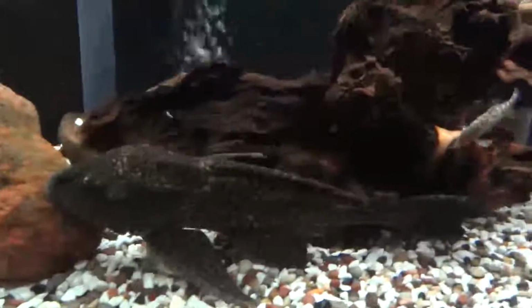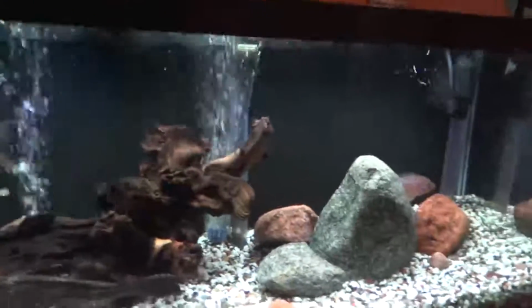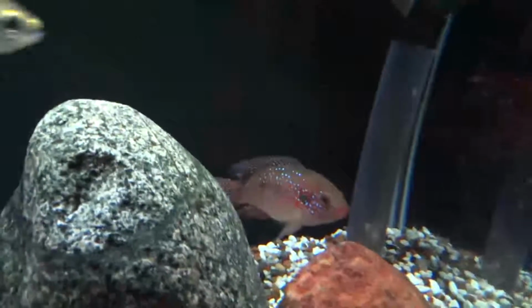Got a big pleco that actually is going to be moving up to this tank in a few minutes after I'm done recording, probably. Various kinds of loaches. Can't really see anything right now. They're all hiding out, but there's, I think, a yo-yo loach that just scurried away, and the Burmese something or another loach. Got a couple smaller polypterus in here, one albino, one regular. I can't see them right now either. And my jewel cichlid is back there. Not as red as usual, but...